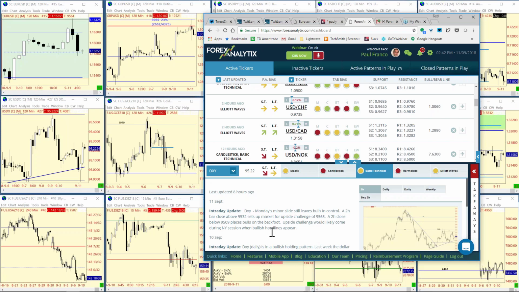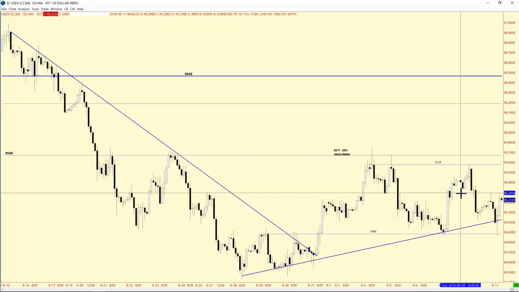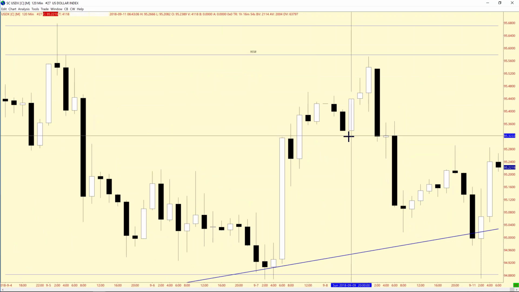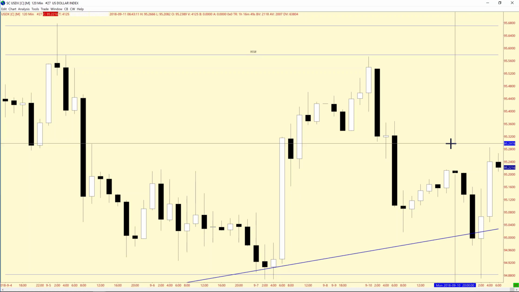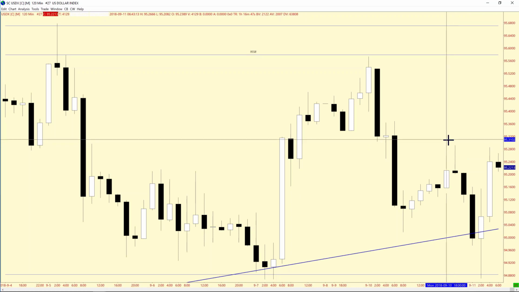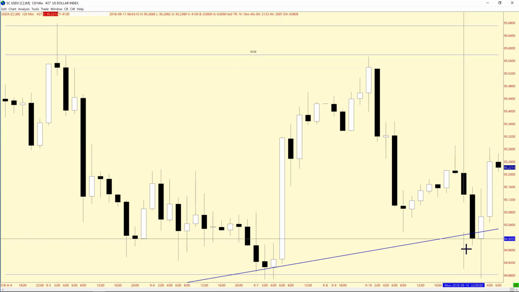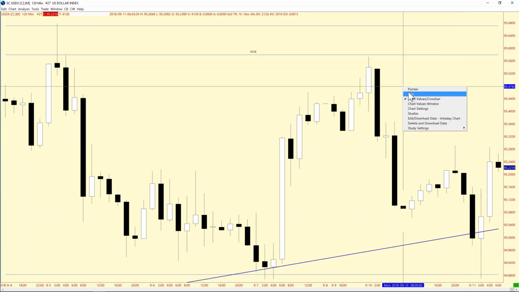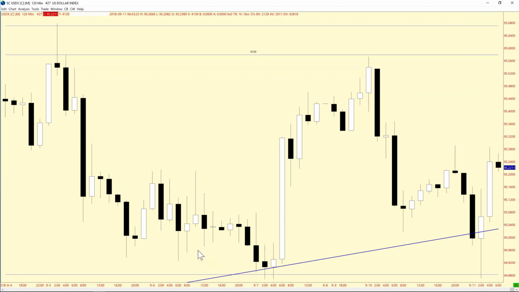Well, I talked about the significance of 95.32. Well, lo and behold, look where they ran out of gas. Right there, 95.295. Because here's the significance I was looking at, and you know I like the touches, the closes, and that's where it came up with 95.32 right there. So we needed that, and the market ran out of gas. Just 2 pips shy of that, and we saw a pretty good pullback. Look at this yank down. And here we are coming right back again. So let's go and do the analysis here on the cash dollar index.